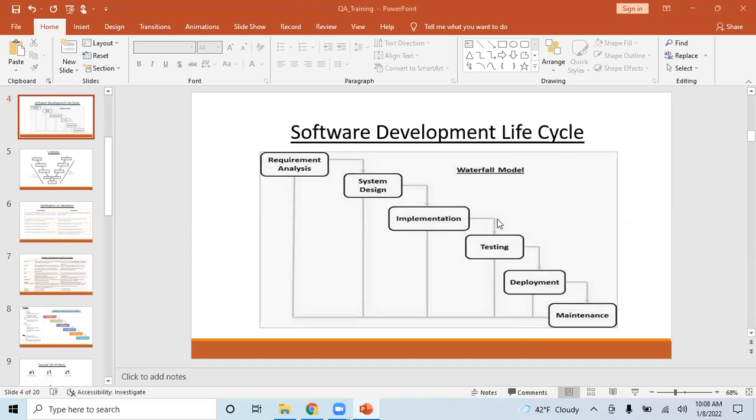During that time, developers, or a build team, will take this code. Normally people use Git for coding. Once they complete the code, they put all the code in Git.